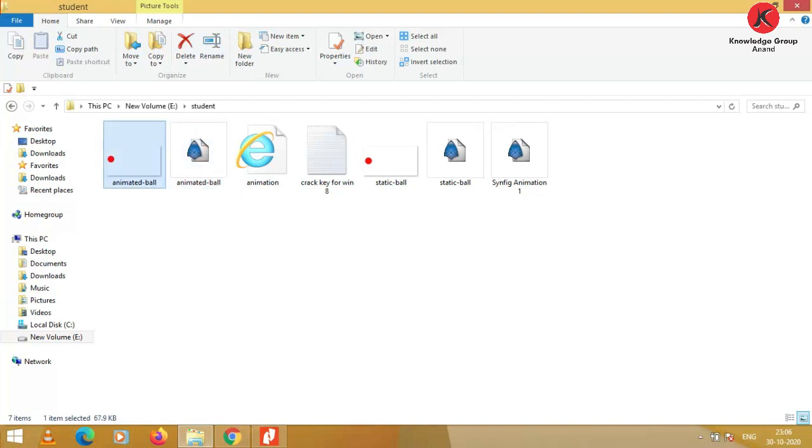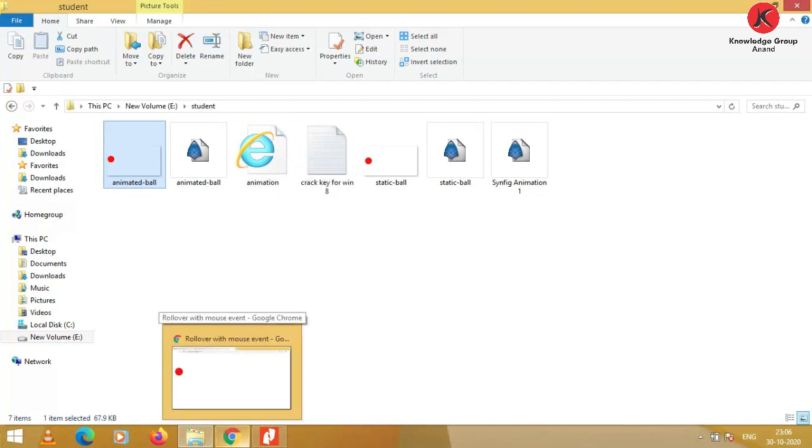So for interactivity we can see a code, but before looking at the code we can see the result. You can see here in the browser window a simple circle, a static circle, and it is a movable circle, but its control is with the user. So the user has control.